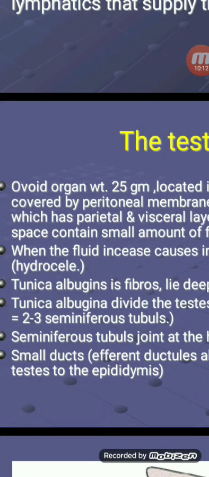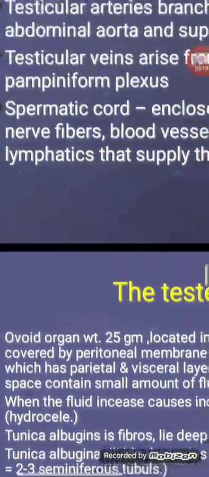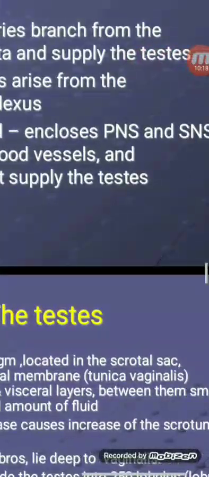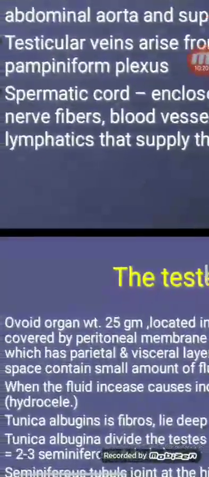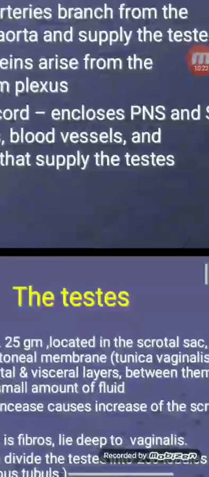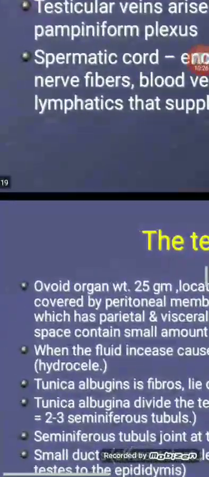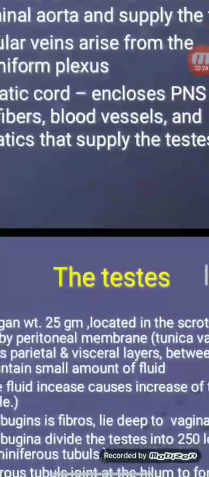What are the contents of the spermatic cord? It includes nerve fibers, blood vessels, the testicular artery, testicular veins, and lymphatics that supply the testes,